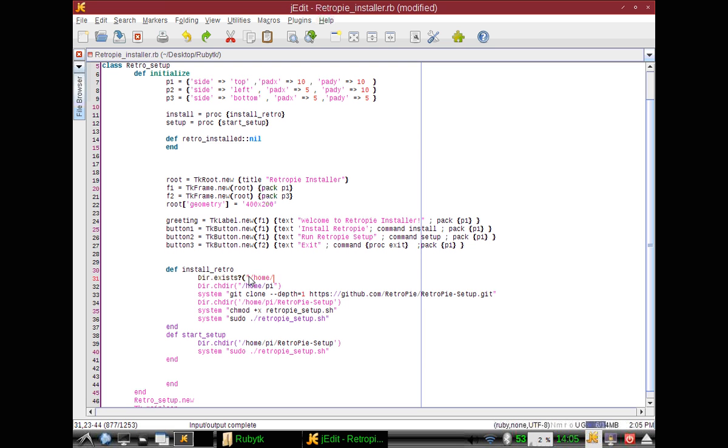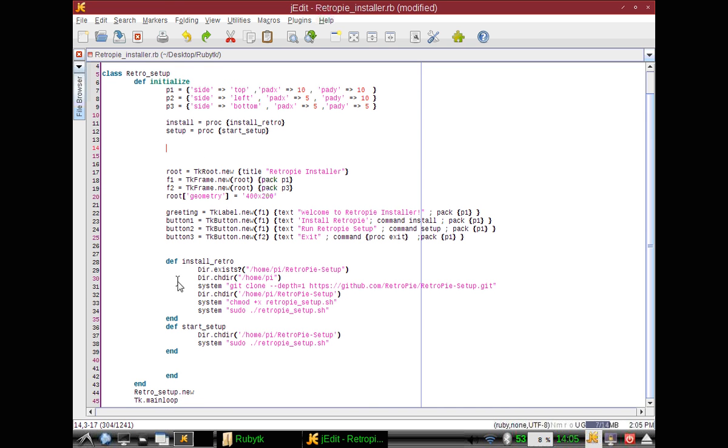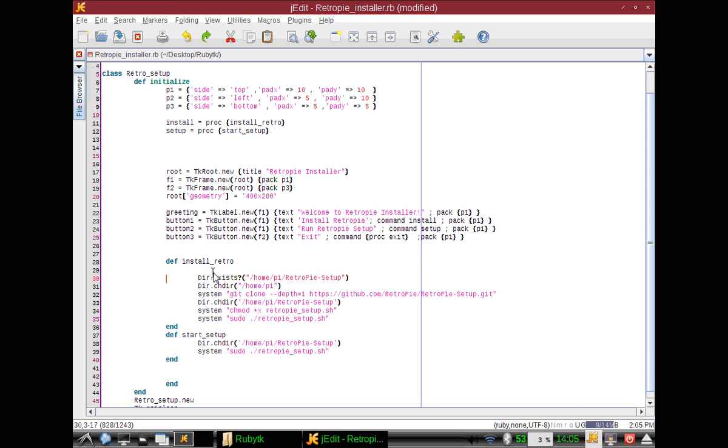Home, root home, pi, retro. Okay. We don't even need to do that, so we can take that out. If directory Retropie setup exists,